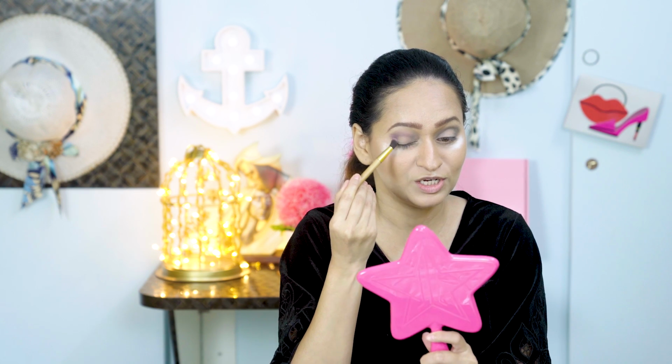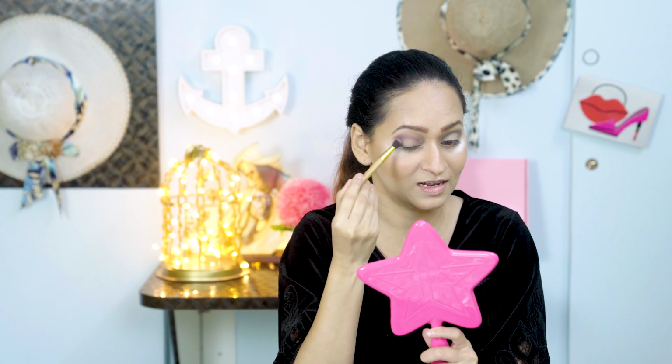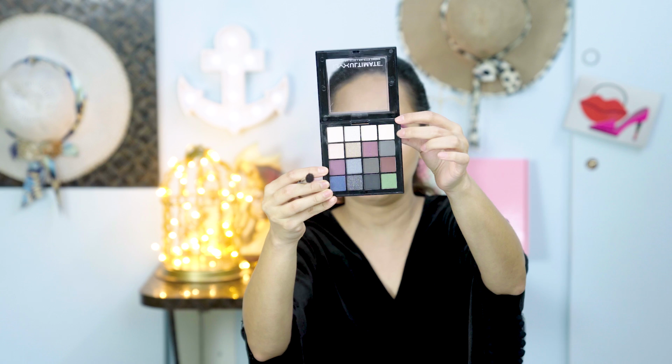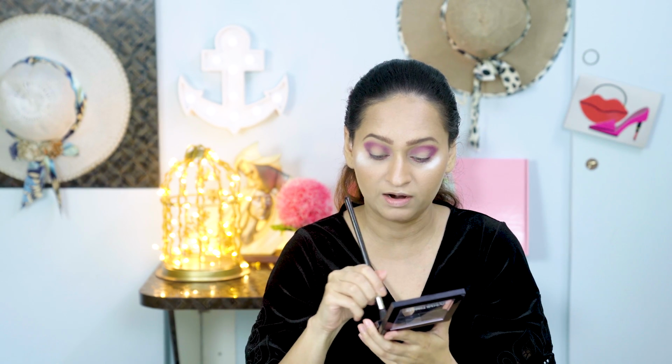Just see how the shade changes when you apply the bright pink matte shade on top of the gray. Just see how vibrant it suddenly becomes. Now I'm going to take the same bright pink, neon pink shade and use it on our lower lash line as well. I'm going to be taking this shade, which has slightly shimmer to it. It's like a champagne-y, very light golden shade, and straighten out our edges so that everything looks snatched and